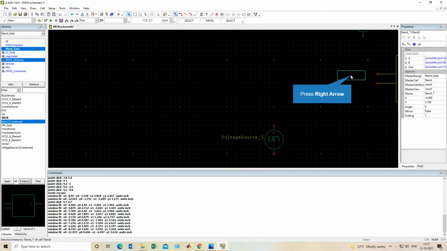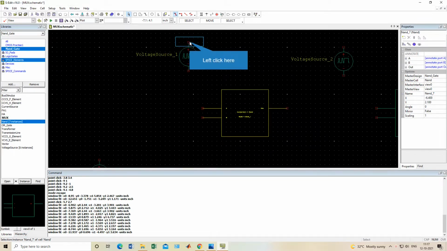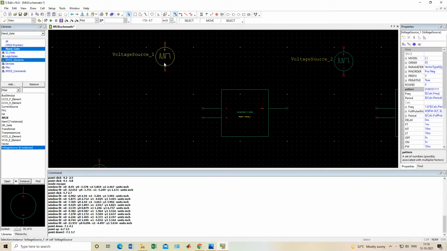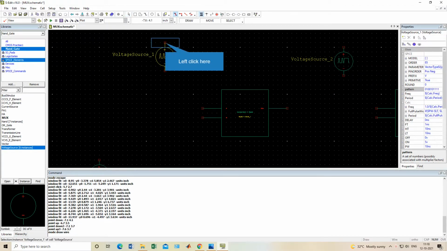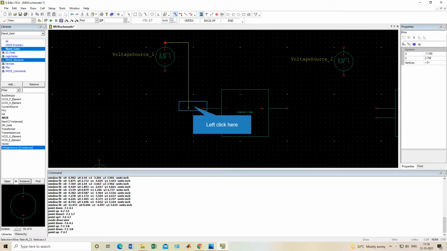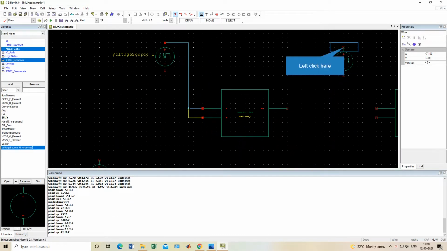So what we will do here, we will give the connections first. So this voltage source, sorry, just drag a little bit here and using wire connect this. And because we are using this NAND gate as an inverter, we will short the input.